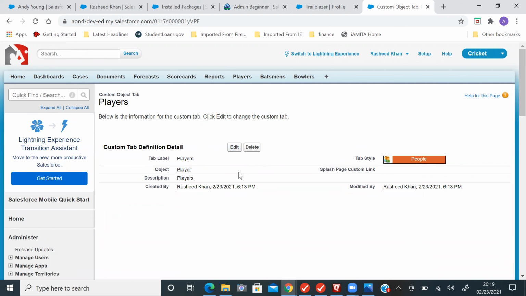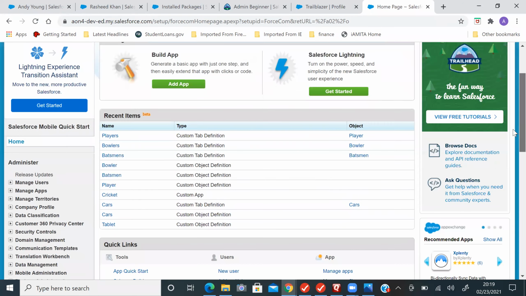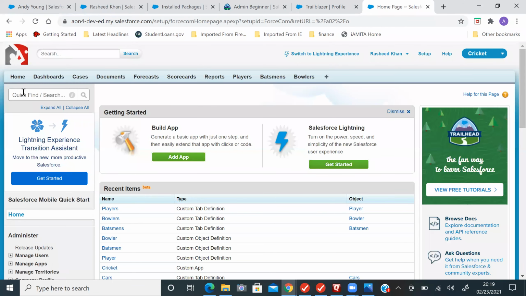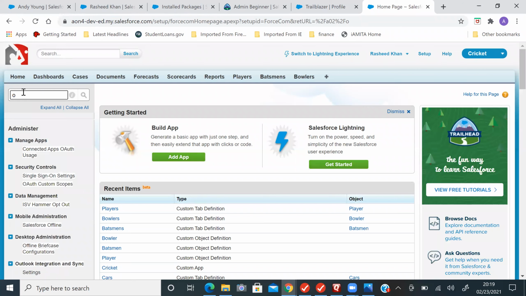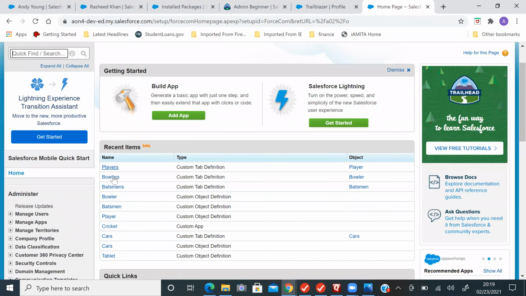Go back to objects. Here you can see the custom object definition. Sixth option, recent items. Because it was the custom tab definition, that's why it came. Player, yes.